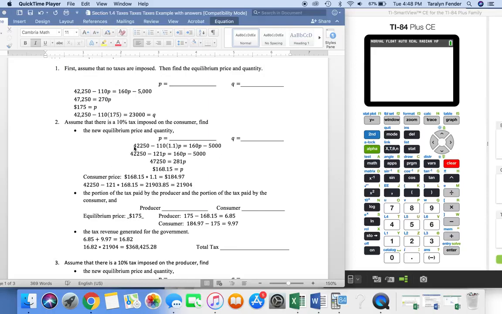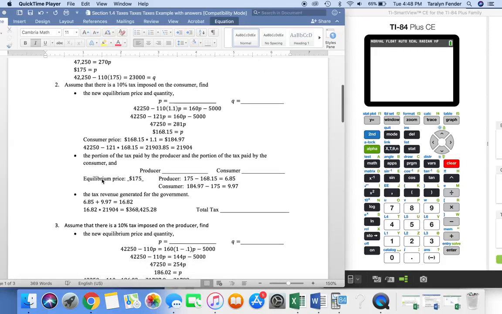We take the original function after the 10% tax has been increased, and we put in the equilibrium price times 121, subtract that from 42,250. That gives us 21,904 items. The equilibrium price is $175, so now we need to determine the tax